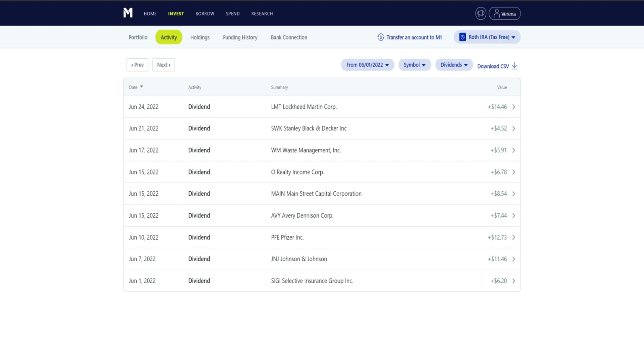Now, these two positions right here, Realty Income Corp is a real estate investment trust, and then we have Main Street Capital. It's a BDC, so it's another monthly paying company. It's not a REIT. They operate a little bit different than a REIT, but they still pay out a very high yield. So those two together pay out roughly $14, $15 on a monthly basis. Pretty nice. They're always padding the monthly line. Then we have Waste Management paying out $5.91, followed right behind by Stanley Black & Decker for $4.52. And then Lockheed Martin,